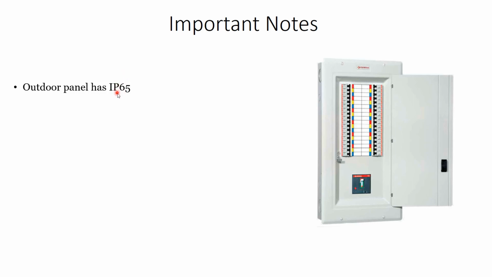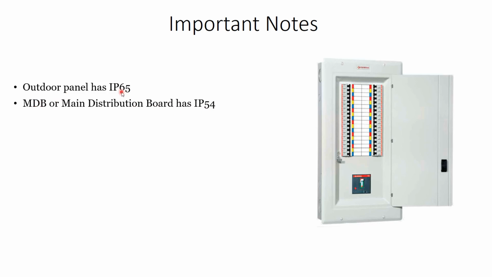The first number represents the protection against solid particles, such as dust. The second number represents the level of protection against liquid or water. So we have here 65, compared to the main distribution board, or MDB, which has an IP of